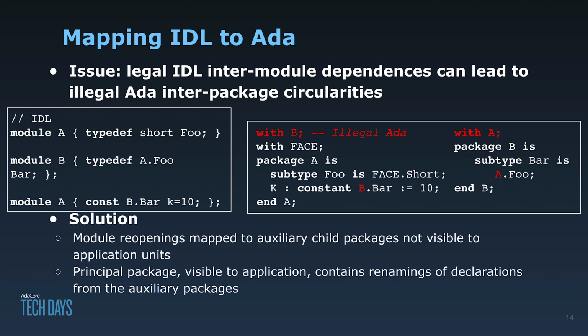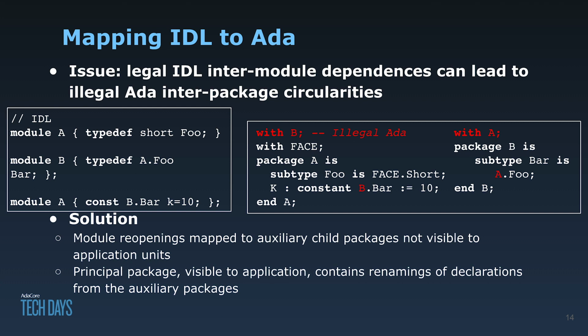The original IDL mapping said these modules just map to Ada packages. Well, it's not quite so simple, because if you look at the dependencies here, B depends on A, but the reopened A depends on B. And if you try to write this simply as Ada packages, you get circularities. Well, that's annoying, and we certainly don't want Ada to be at a disadvantage when it comes to FACE and IDL mapping. So this was about a year ago, I think, and the issue came up to AdaCore,